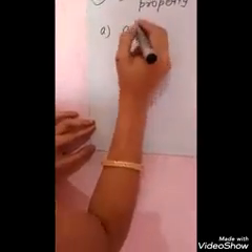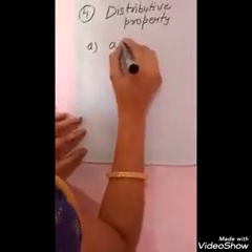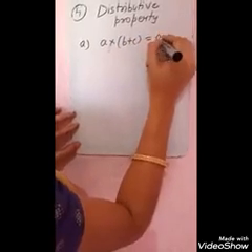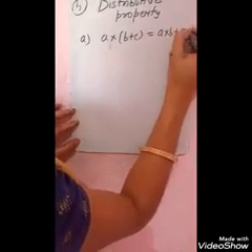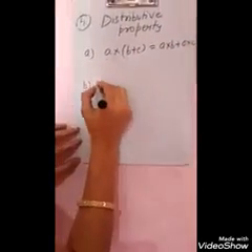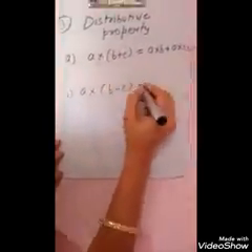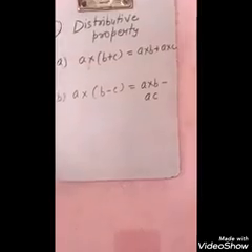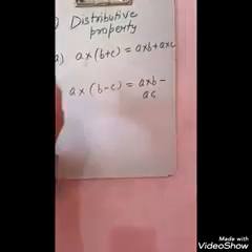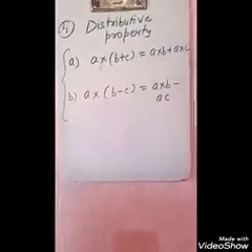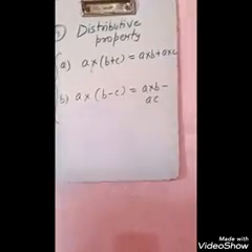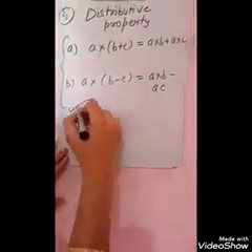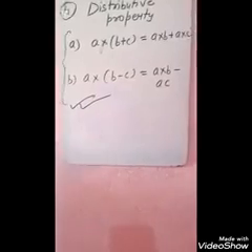First is, if A, B and C are rational numbers, then A into B plus C is equal to A into B plus A into C, and the second one is A into B minus C is equal to A into B minus A into C. After taking 3 rational numbers, you can check the authenticity of these 2 formulas, and these 2 formulas thoroughly follow distributive property while dealing with rational numbers, so you can verify it by taking any example.